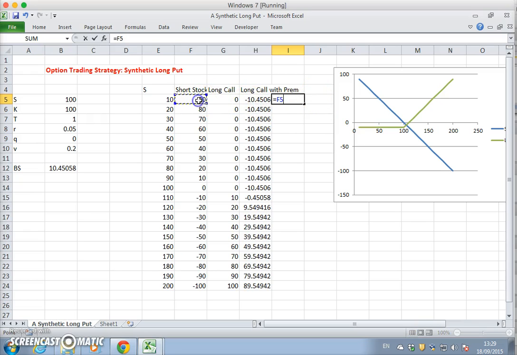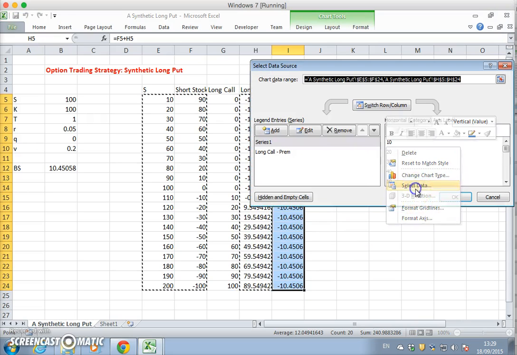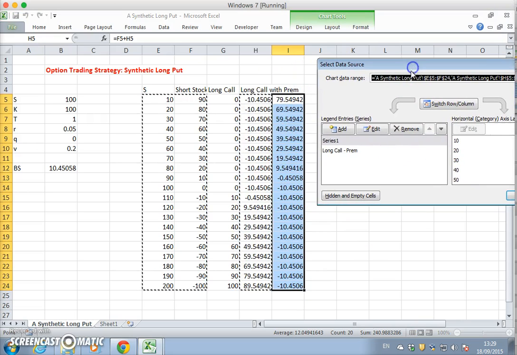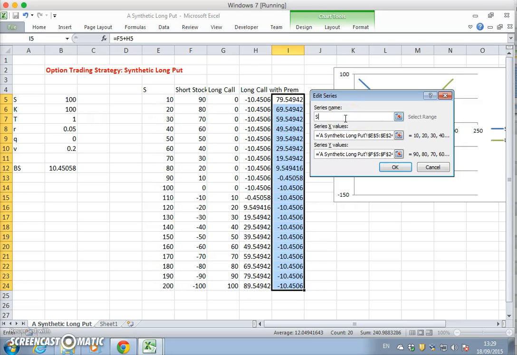If we take the sum of these two, the short stock plus the long call with the premium, and pull down and incorporate it into the diagram. So okay, let's edit this one and remind ourselves that's the short stock position,